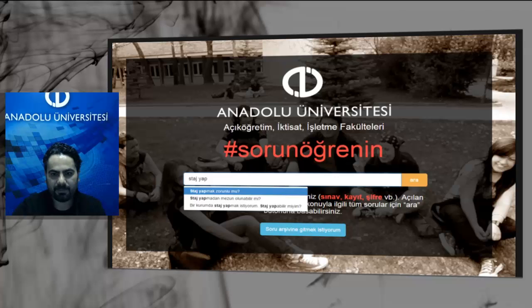As you can see in the example, when students try to search about an issue, about a problem that students frequently ask, in this sensitive semantic-based search tool, students can search different kinds of questions and different kinds of answers provided by experts or students themselves. They can access not only the text answers but also the video answers.